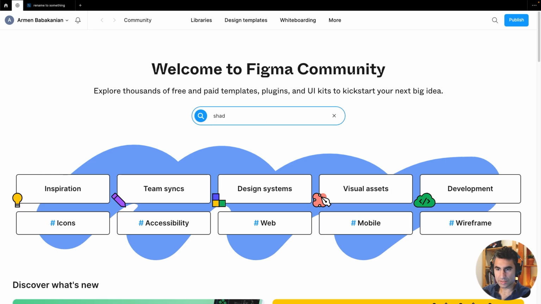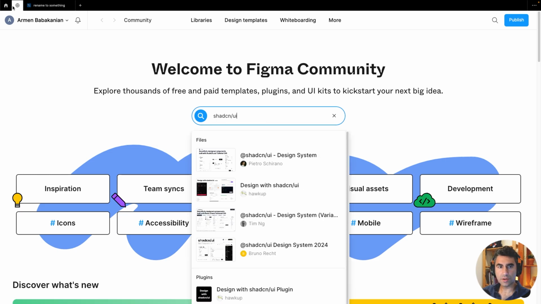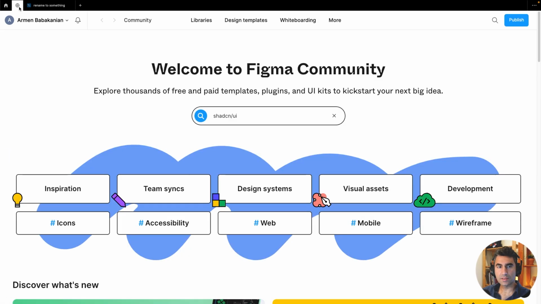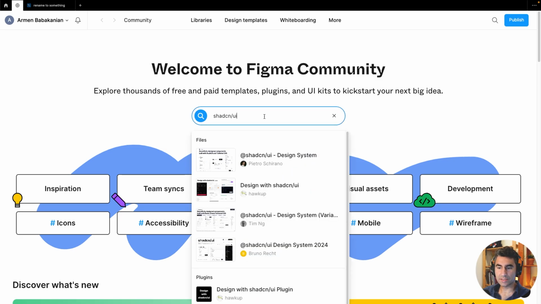So if you didn't know where I went, under the home directory here, if you click there, on the bottom there's an explore community button. So click on the explore community, this tab will open up, and in this tab I've typed in shadcn UI,